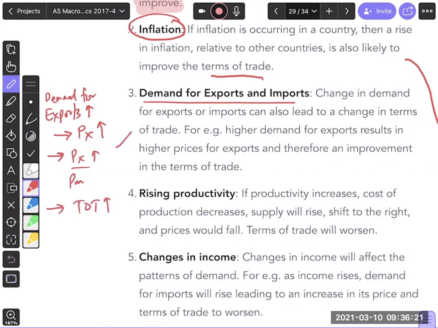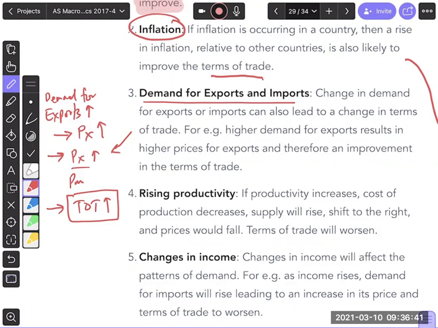Is that a good thing? Because of this reason, is that a good thing? What's your name? Sorry, Temur. Is that a good thing? Anyone? Is that a good thing?